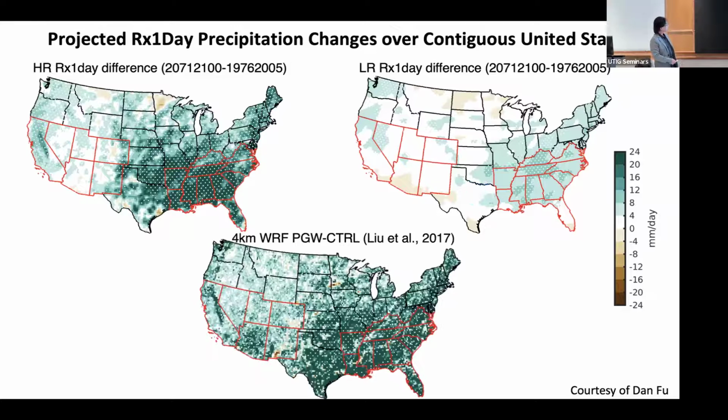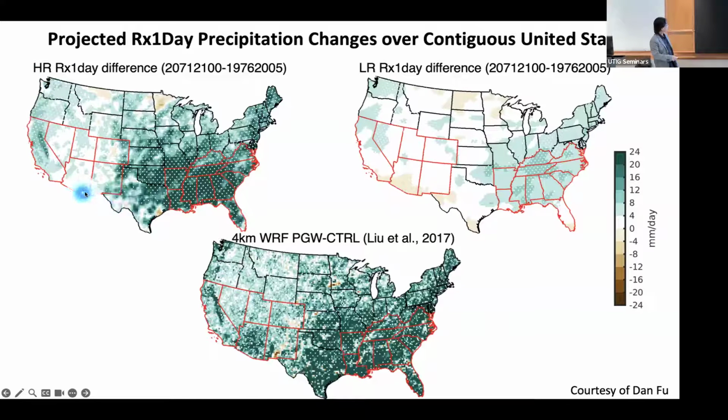Interestingly, what we can do is compare to the regional model projection, right? There are lots of downscaling analyses where, instead of using a global model, you can use a regional model, with an approach called the pseudo global warming approach, right? You're assuming changes in the thermodynamical property of the atmosphere, but assuming the flow pattern does not change. So if you compare it to the WRF model, in fact, there's some consistency. The WRF model, the 4-kilometer, also projects a large increase in the southeast, right? But perhaps there's more increase along the west coast.